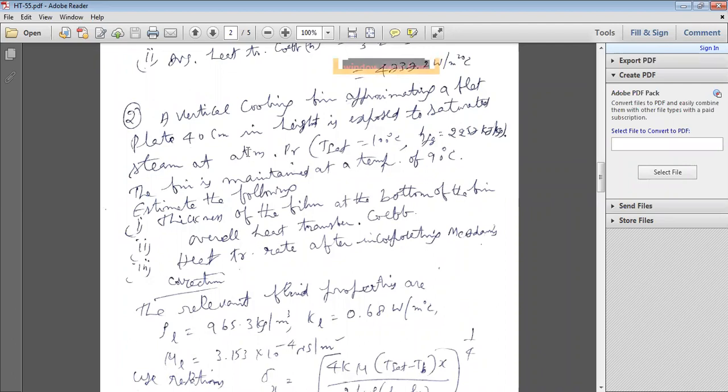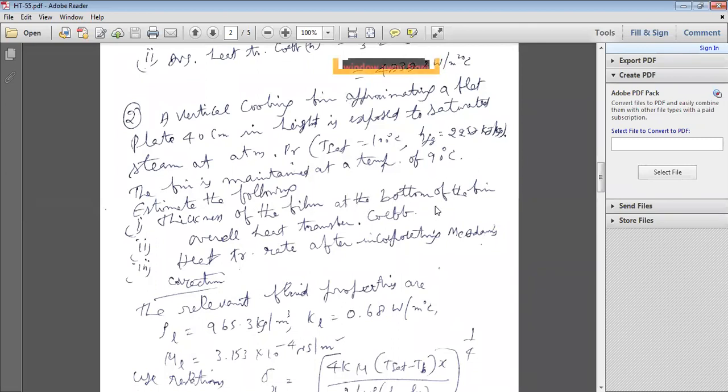When the steam is at atmospheric pressure, what is the saturation temperature? 100 degrees centigrade. So T saturation is 100 degrees centigrade. At 100 degrees centigrade, h_fg is 2257 kilojoules per kg, the enthalpy of condensation at 100 degrees centigrade for the steam, 2257 kilojoules per kg. The fin is maintained at a temperature of 90 degrees centigrade, and estimate the following: